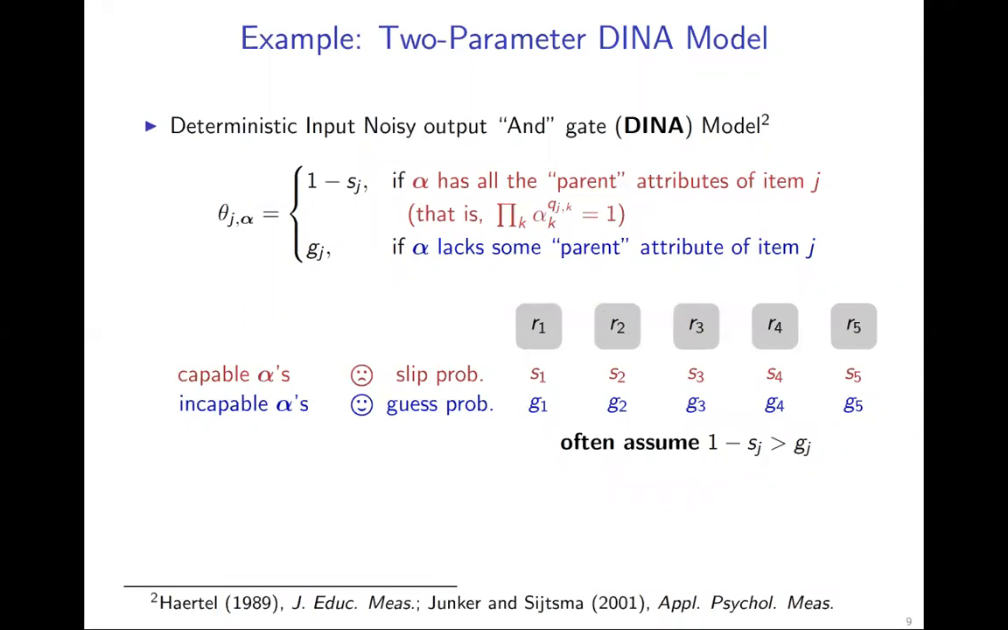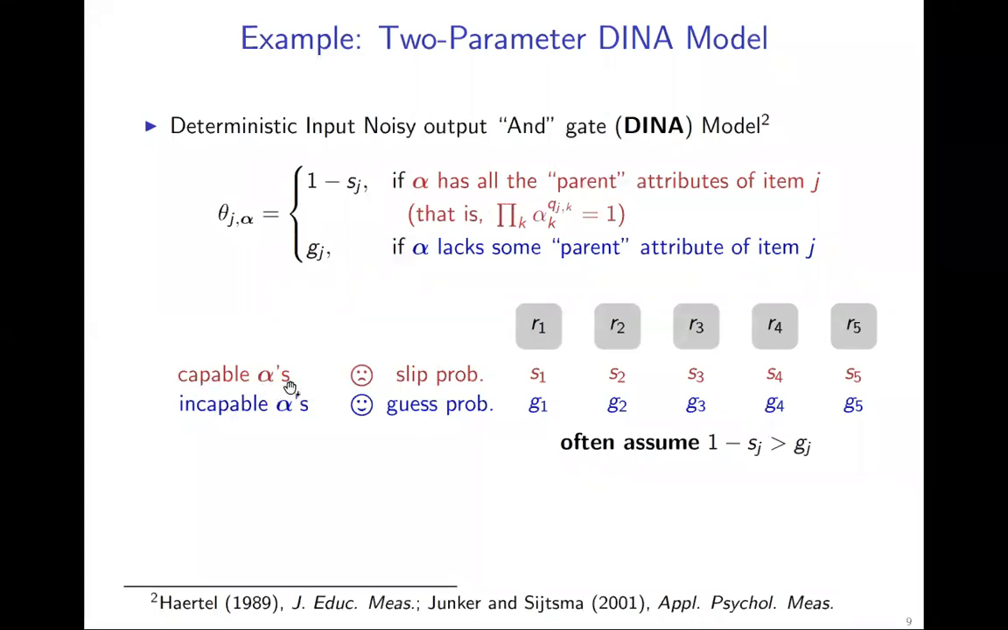So now I'll give a concrete example. The most popular and basic model in the family probably is the DINA model, short for deterministic input, noisy output, and gate model. It assumes that each item categorizes all the latent patterns into two categories, the capable category and the incapable one. Then if a latent pattern alpha possesses all the parent attributes of the item J, meaning that this latent profile has all the required skills of some question J, mathematically in this form, then this pattern will